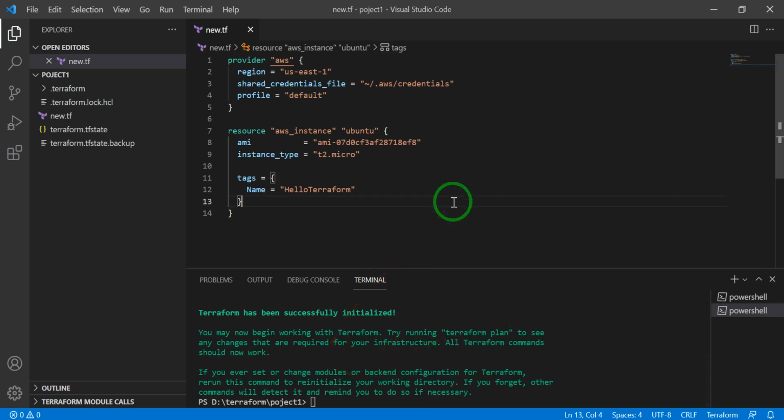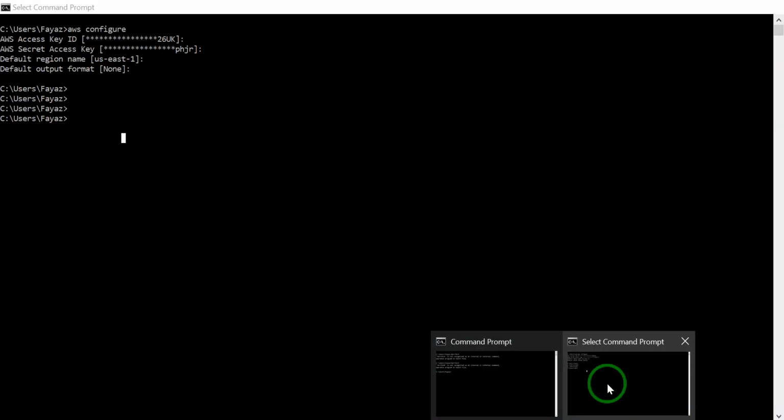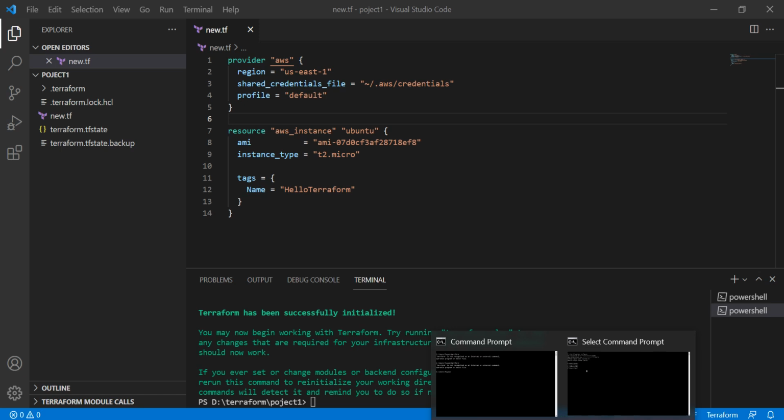Now you have to just write the code. First, you have to keep the provider. Your provider will be AWS, then your region name, then your shared credentials file. The profile should be default. You can make different profiles, because if your accounts have different access, for example one account has access to the EKS cluster and one has the EC2, they differ according to the IAM role.